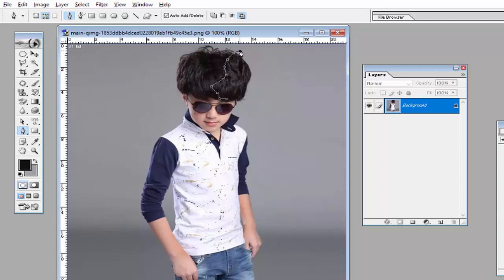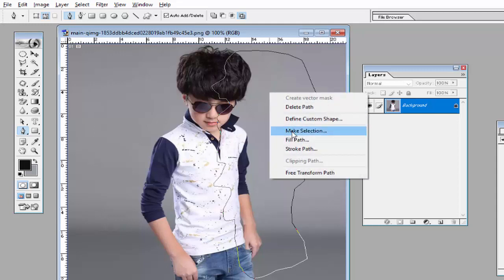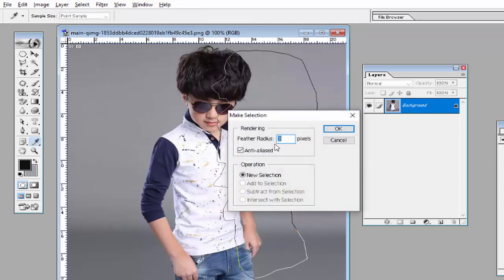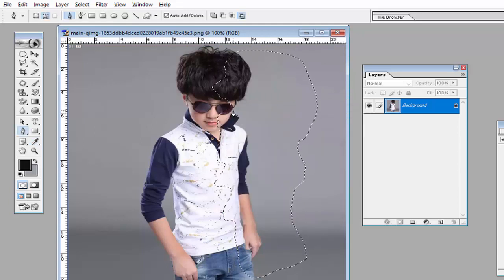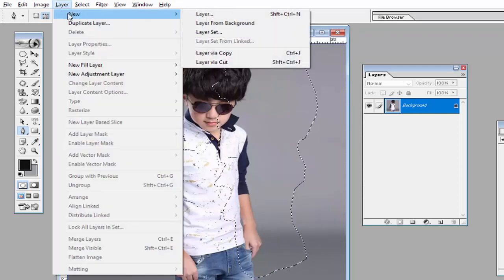Select the part of this image like this with this very nice tool, that is the pen tool. Select this image very carefully like this, moving in different ways, and click on the point where you started. Then click the right button, select Make Selection, and enter the feather radius here, 2, 3, 4, and then your picture will be selected.